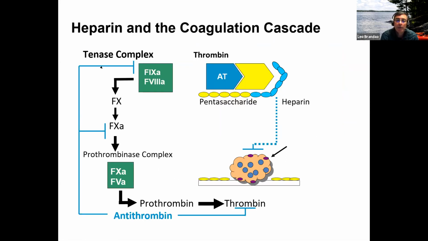This is a depiction of how heparin promotes its anticoagulant effect. On the left side, this yellow and blue chain is the molecule of unfractionated heparin. What you see shown in yellow is the pentasaccharide sequence that I told you exerts anticoagulant effect. For once, you can identify that it does not correspond to the entire length of the molecule, but it is this pentasaccharide sequence that will, in an indirect manner, offer inhibition to factor 10A